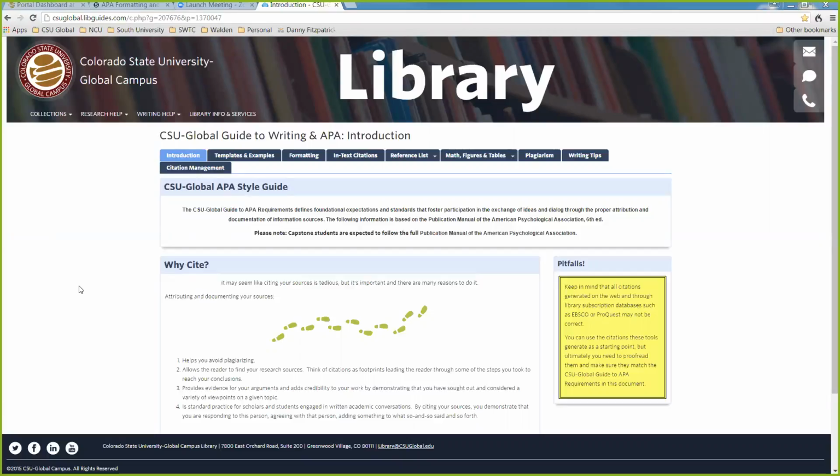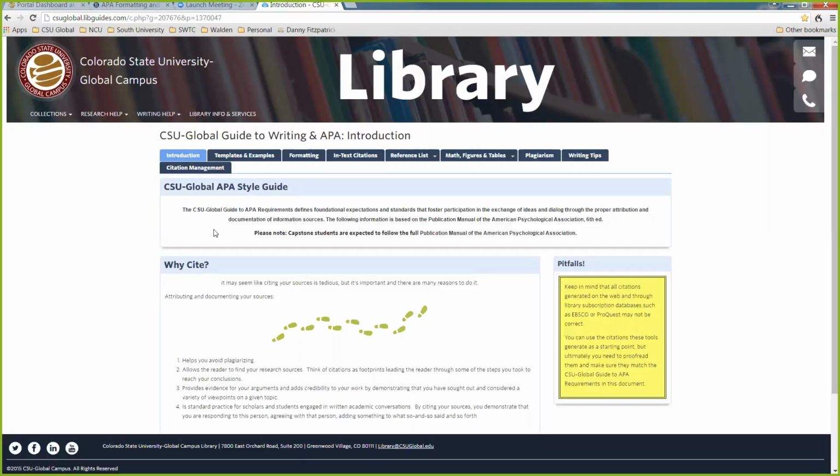So hopefully you can see my screen that I'm sharing, which should say library at the top. If you can't see that, let me know. But this is available to students, and it's just the library. It's a library guide, and this one just happens to be about APA style. And so I wanted to go through a few of the things that are maybe more common mistakes that students make. And if you have any questions, you can always jump in and ask them as I'm going as well. So the first thing that I want to go over is